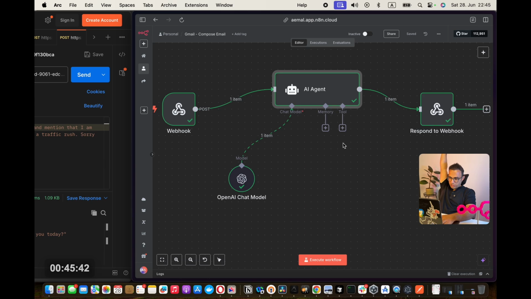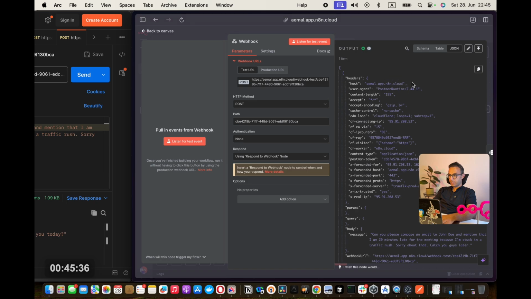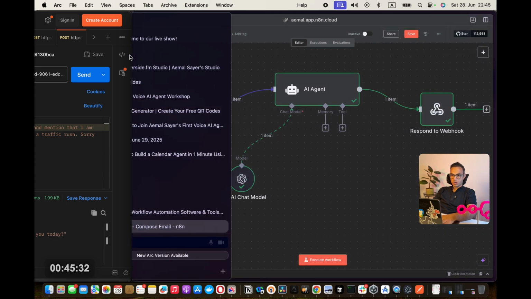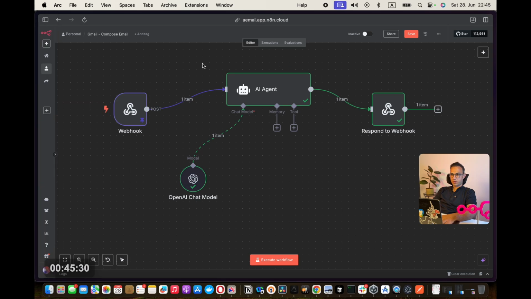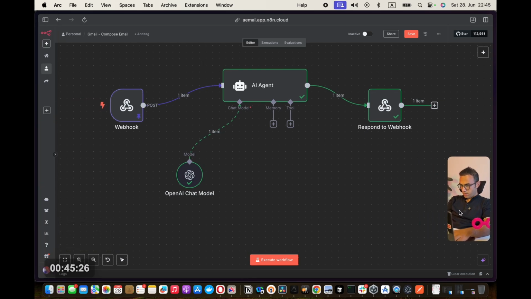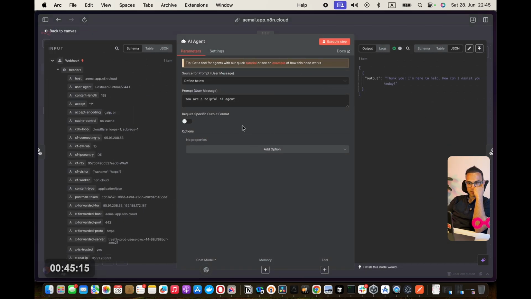Alrighty, so let's go to the next step. We're gonna draft an email. First thing first, let's pin this because we already have some information we're gonna work on, and let's maximize this so we don't need Postman so much. Now, I want to add some structure to this email composing.